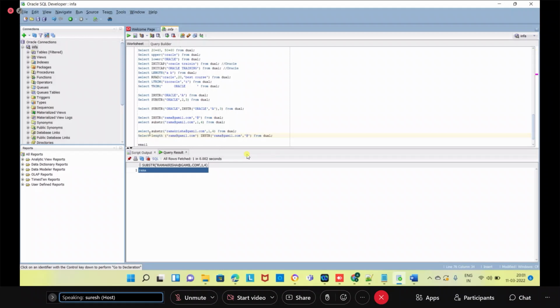What is the length of this string? Its length is 14, and my at the rate is placed in the fifth position. So from here, if I subtract,